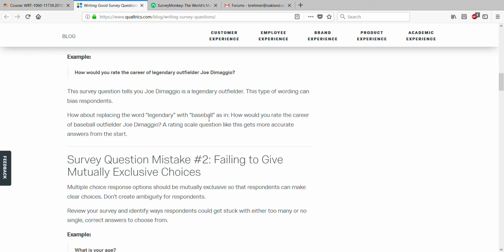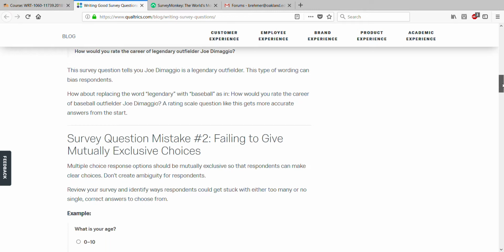baseball. So if someone really doesn't know who that is, then they can make an informed decision and try to answer the best that they can. So they're like, oh, okay, well, he plays baseball. And then they can answer their questions from there. And why they would take a survey based on this, I don't know, but go with me on this. So the idea is to try to form your questions without leading to a specific answer for whatever reasons. So be really careful about that.